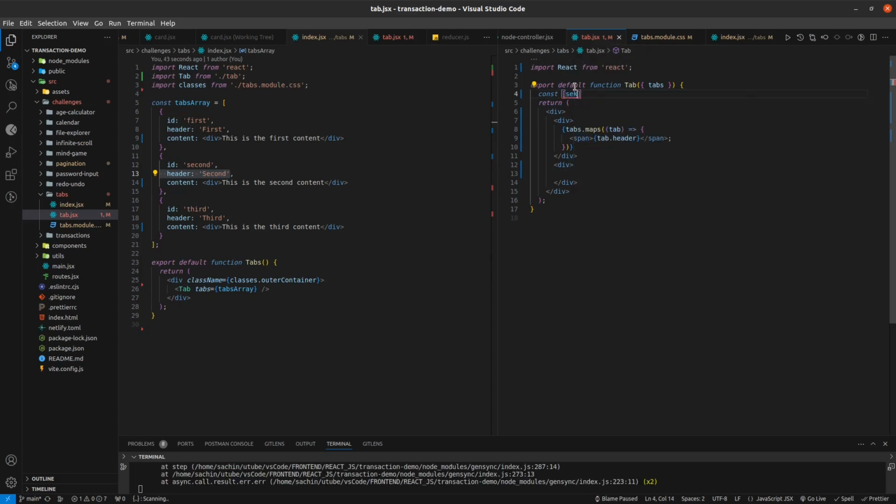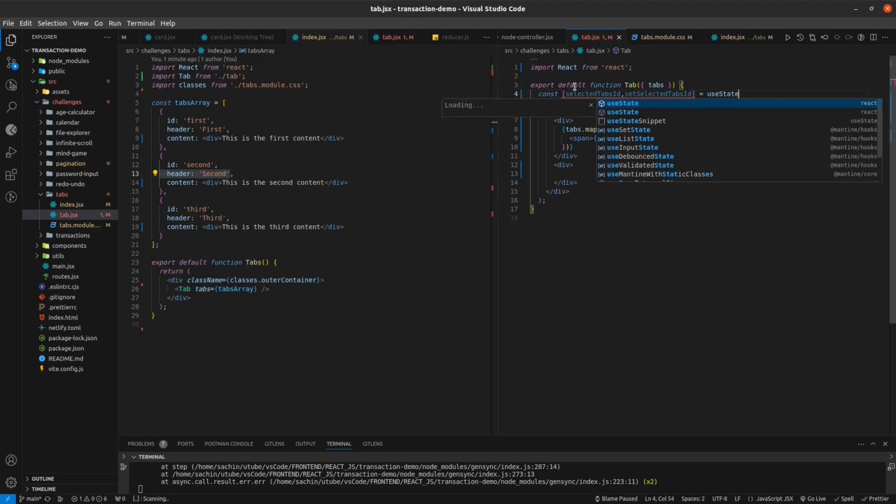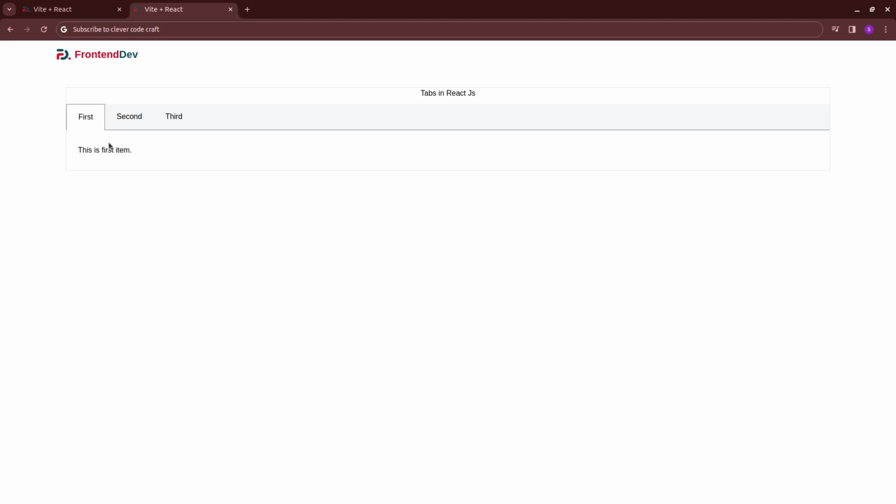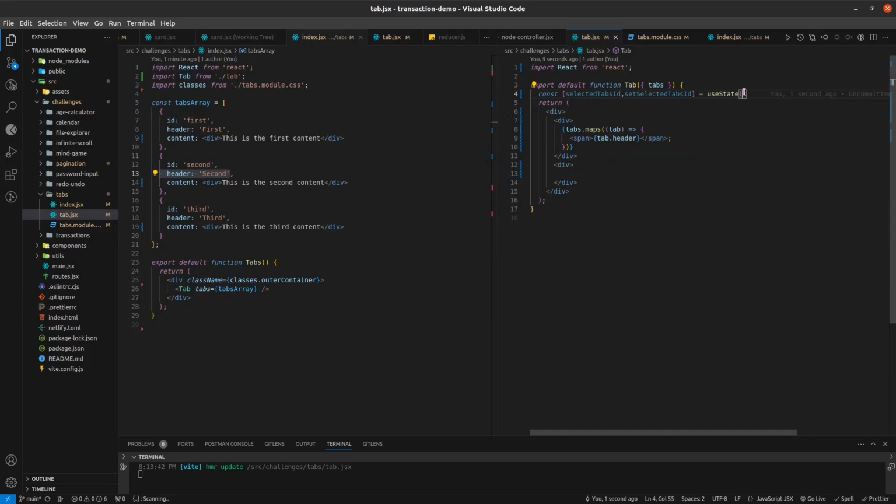So let me create a state. If you check, the first tab will always be the default active tab, right? So what I'm going to do is tabs 0 dot id. Yeah,